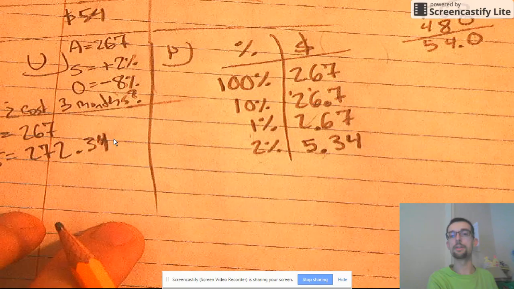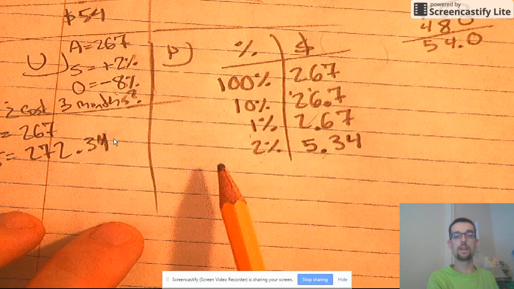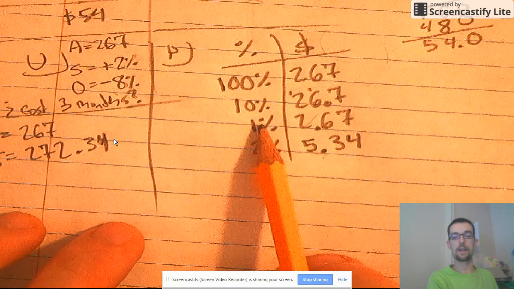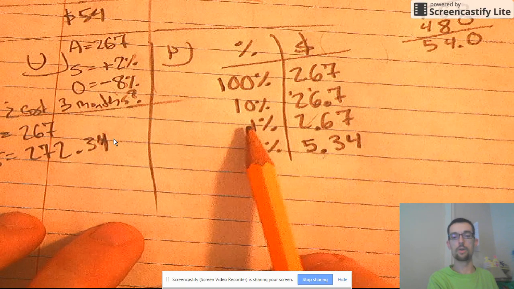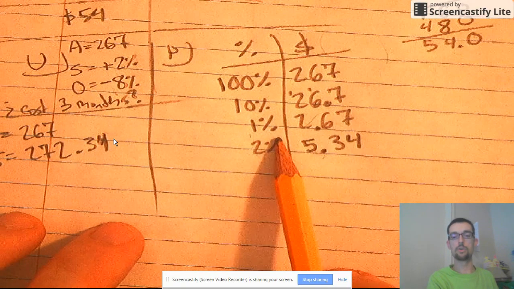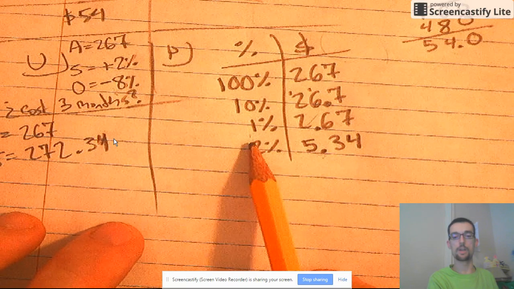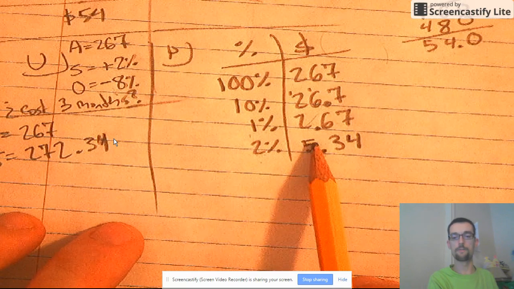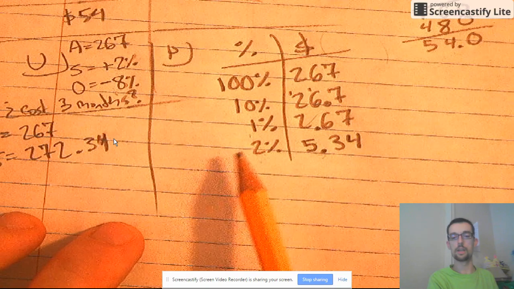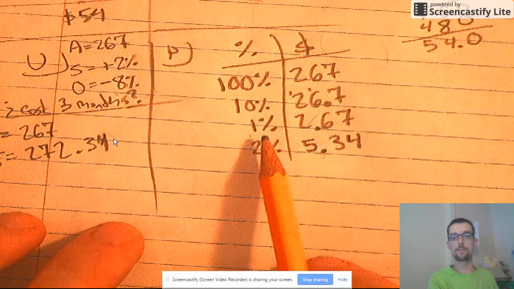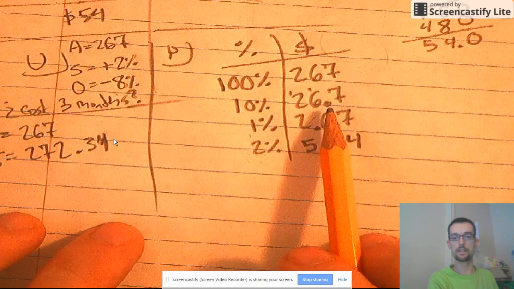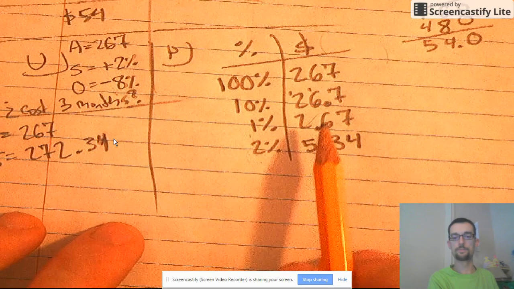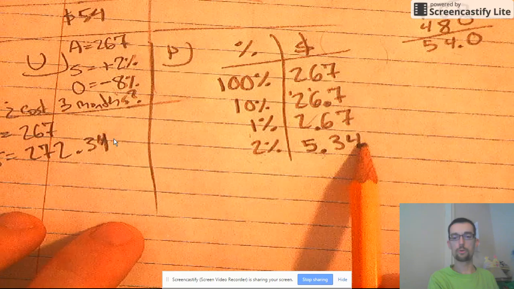Okay, I'm seeing a couple different ways. You could add 1% 8 times, or multiply 1% by 8. You could add 2% 4 times. 2 times 4 is 8, or multiply this by 4. Those would be okay. I'm going to do this. I'm going to see 10 minus 2 is 8, so I'm going to subtract $5.34 from